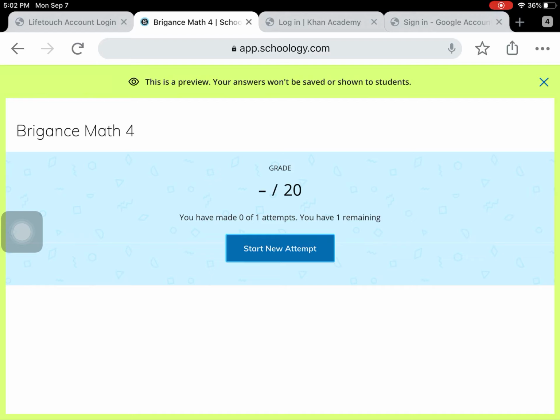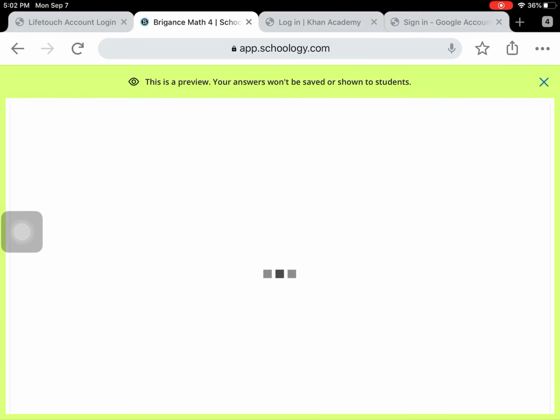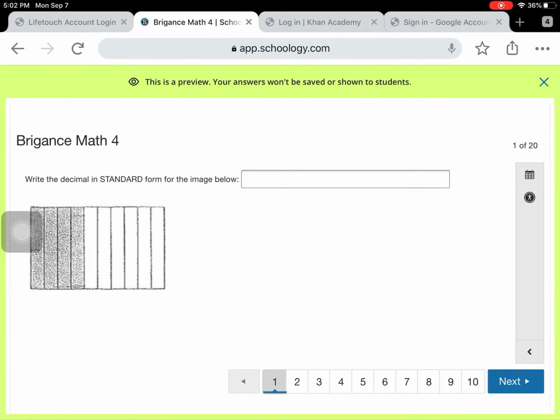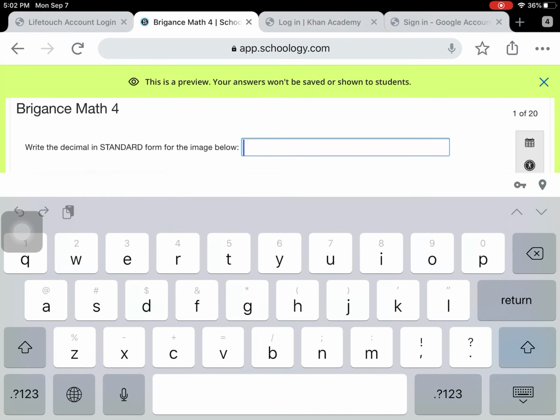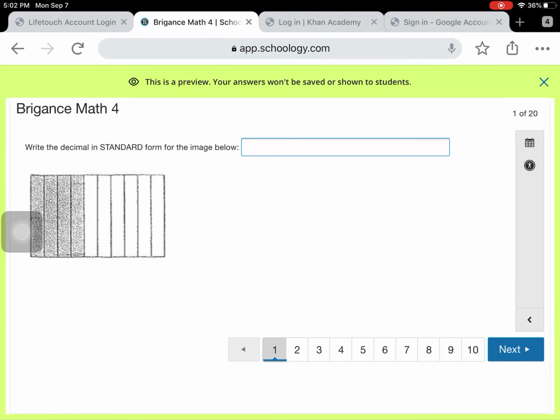So we're going to look at the questions here. And so you'll have a series of questions. When you enter into the blank, that's where you'll be able to type your answer. Pay attention to the question just so that you're not missing anything. It's asking you to write the decimal in standard form. If I don't know what standard form is, then I'm going to take a guess. Okay, I may not remember what that was. It's not about getting the right answers. It's about letting Mrs. Medema know what you know.